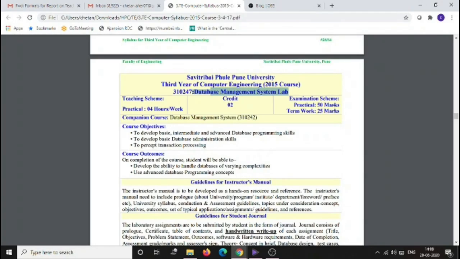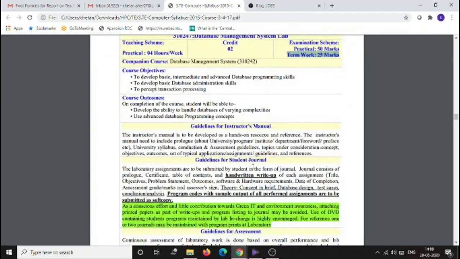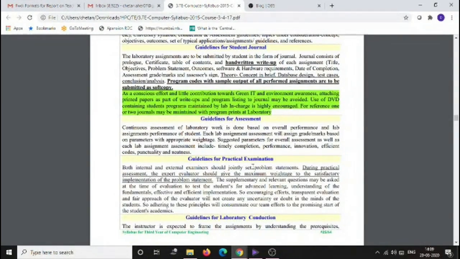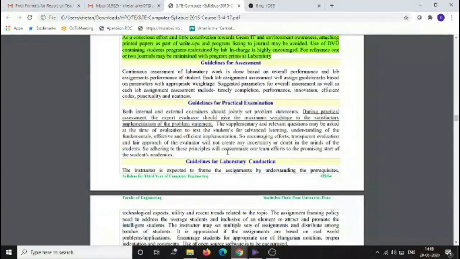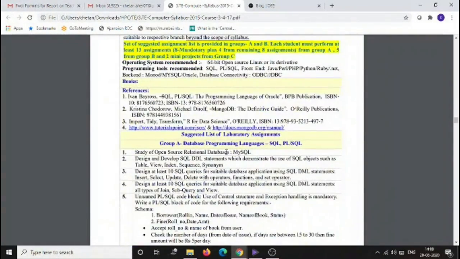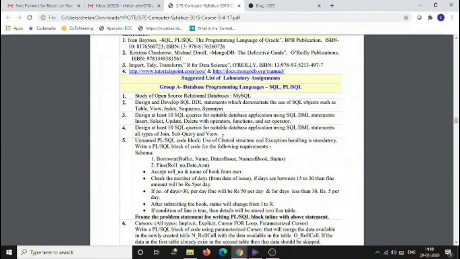pattern at the time of theory lectures, but for your information, for DBMS practical you have to perform a practical for 50 marks and you will be given 25 marks as a term work after completion of all the assignments and submitting the practical journal. You need to submit the journal as per instructions given to you from time to time, and as your syllabus states